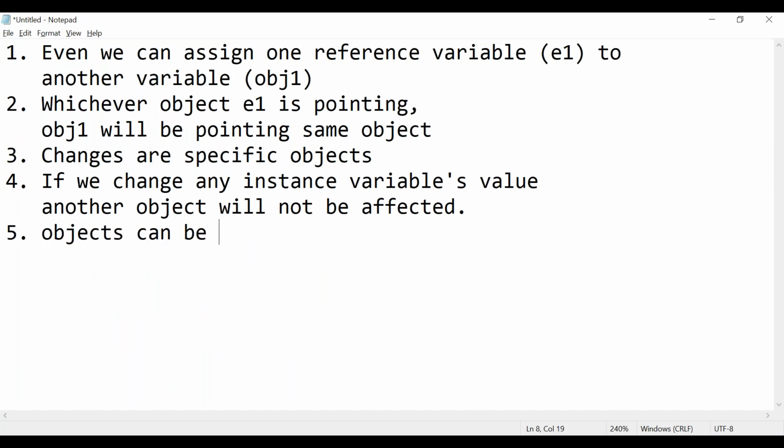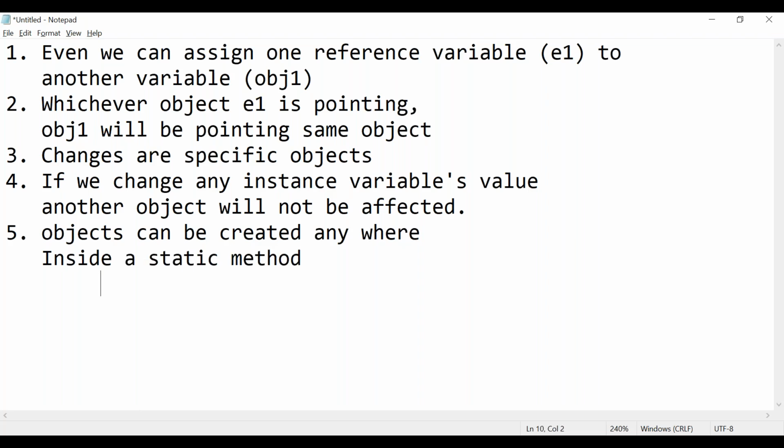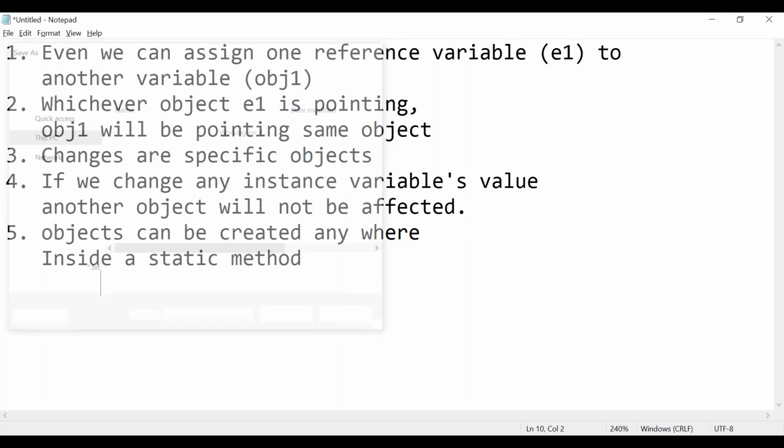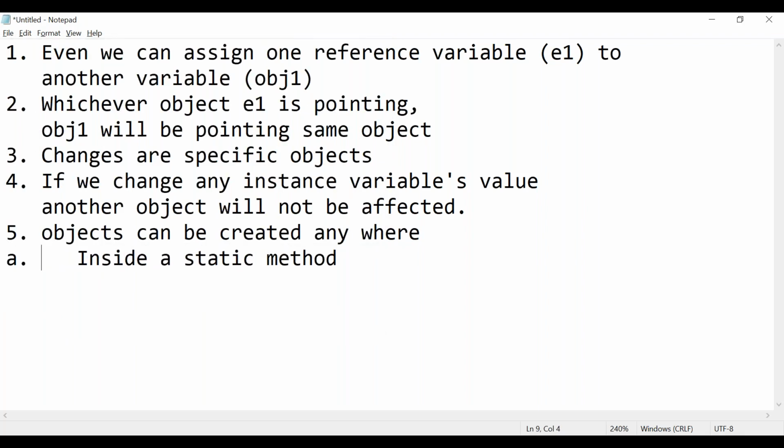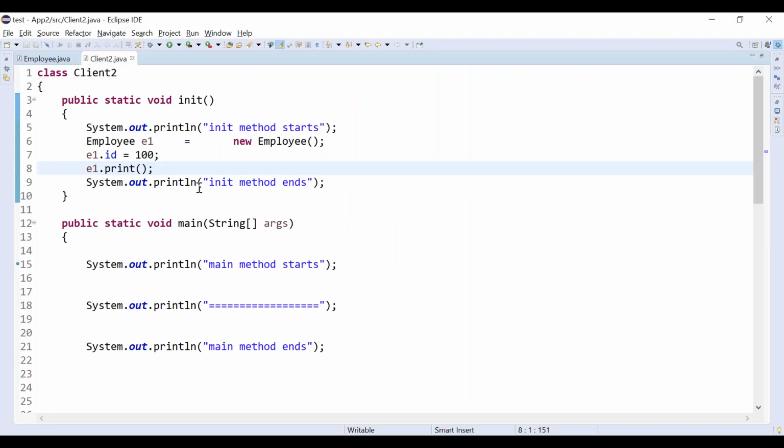It means inside a method also you can create, inside a static method also you can create it. Possible, right? So here we are creating the object in this one.